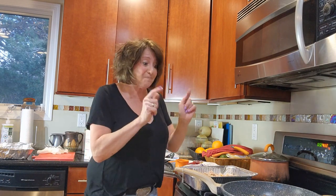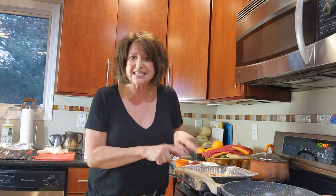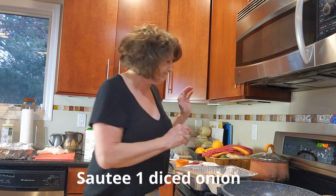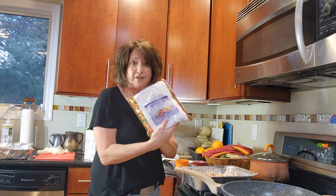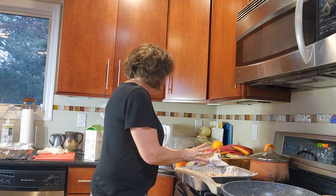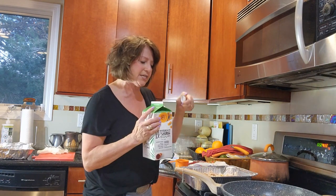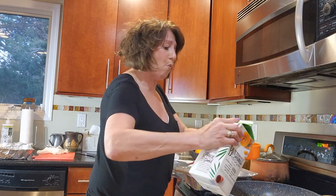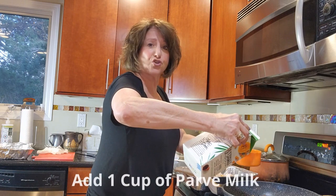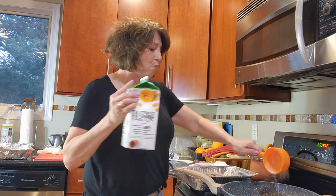So, chicken pot pie. Ingredients are, we are sauteing onions in margarine. And I have my bag of mixed vegetables, which was in my freezer. And we're going to be adding into our onions some nice coconut milk. 1 cup. We want a nice creamy base for it. So we're going to be adding in 1 cup